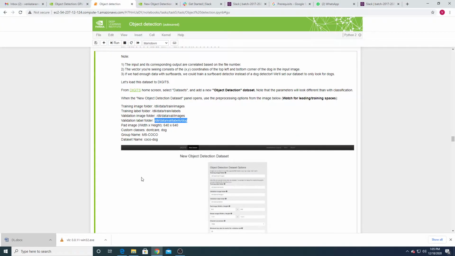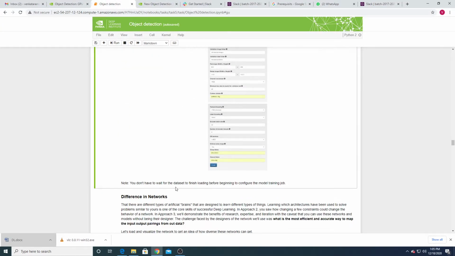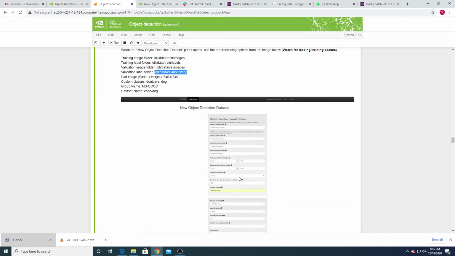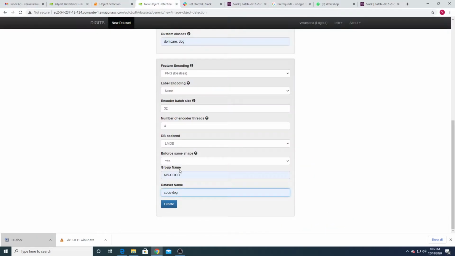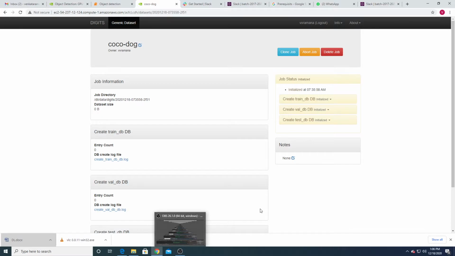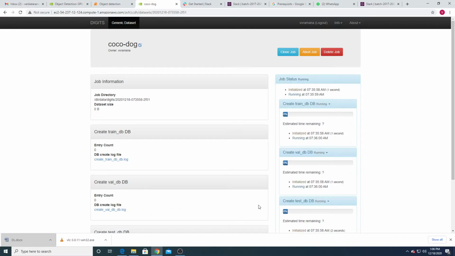Now once everything is fine, you don't have to wait for the data set to finish loading, and finally you have to click on create the data set. It's creating the data set.